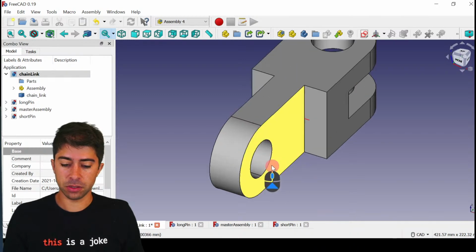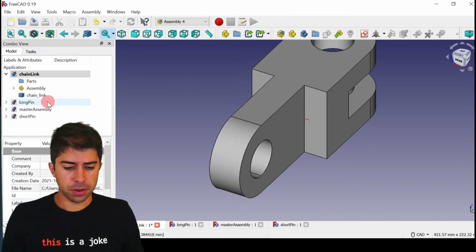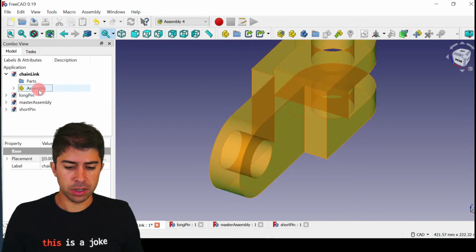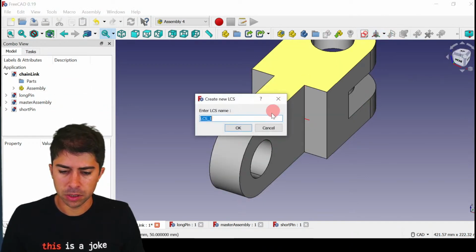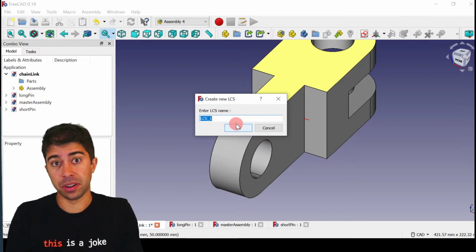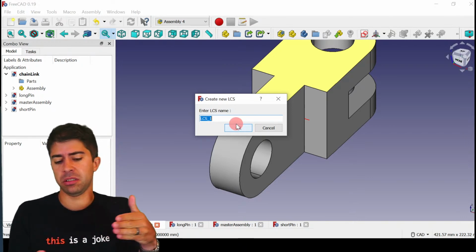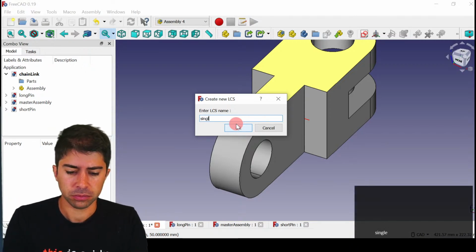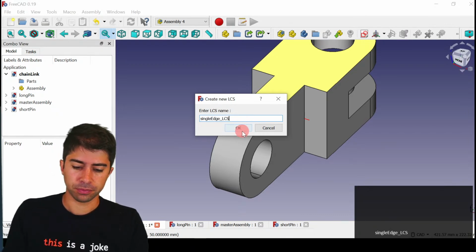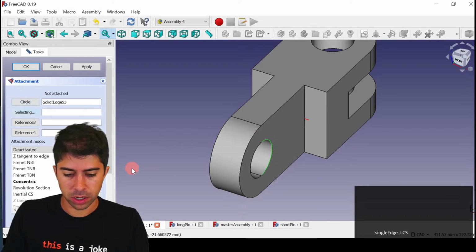Okay, so the first thing is we need to get this one at the side and then one in the middle. So I'm just going to put that one in the assembly, and then we're going to say, all right, local coordinate system. So what are we going to name this one? We're going to say single, because it's a single protrusion, where the other one is two protrusions. Let's just say single edge. Let's do the edge one first, local coordinate system. Okay, single edge local coordinate system, and we're just going to do it over there, and we're going to say